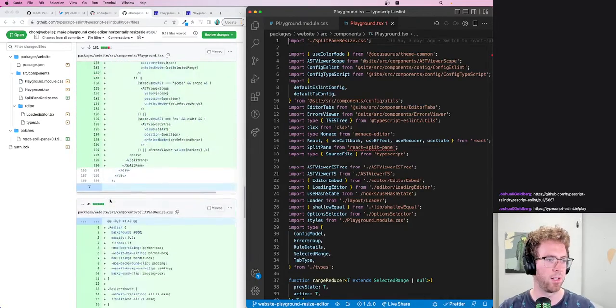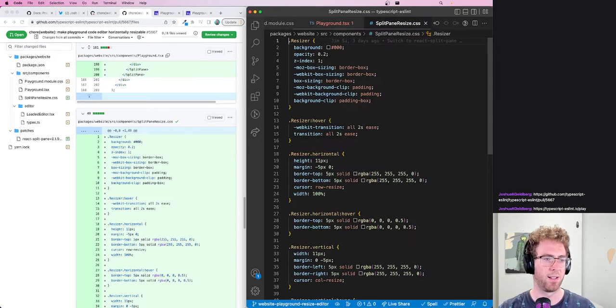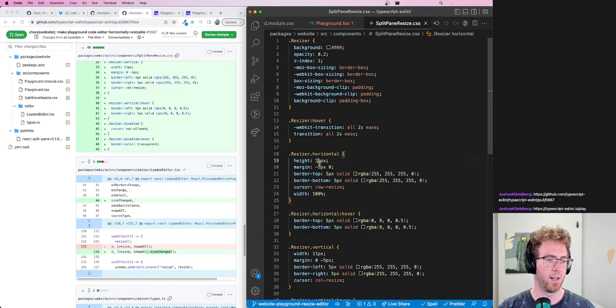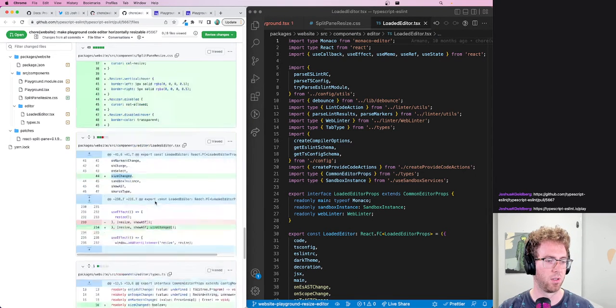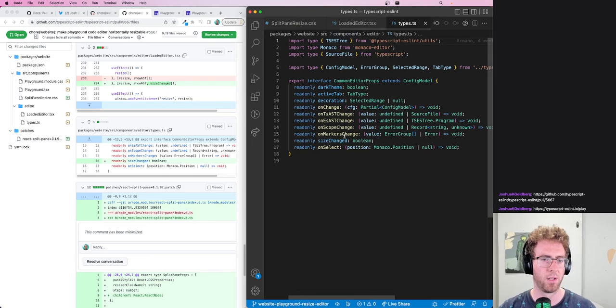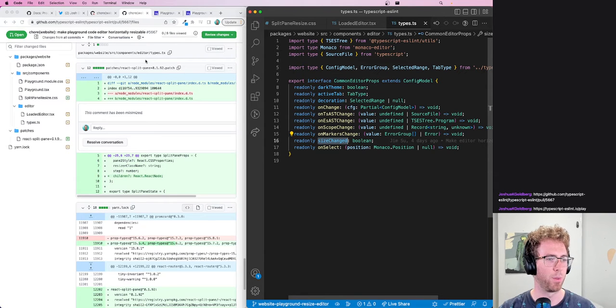Oh boy, playground.tsx is a chunker. And splitPaneResize.css, a new file. Also, loaded editor, for some reason, needs to know that its size has been changed. Okay. What is editor/types? And that's about it. Oh, and we have to patch the React split pane module to add in children props